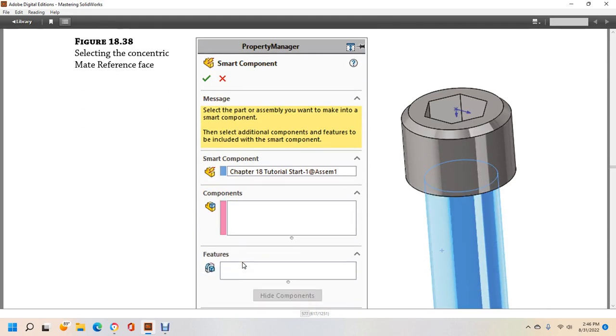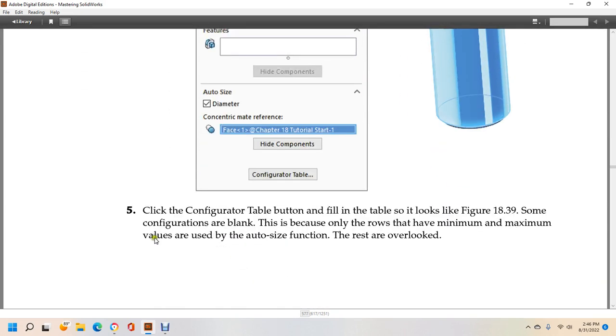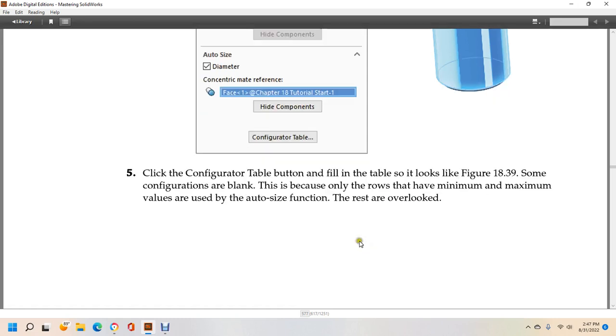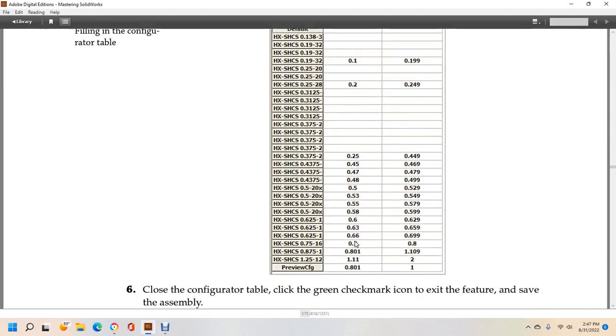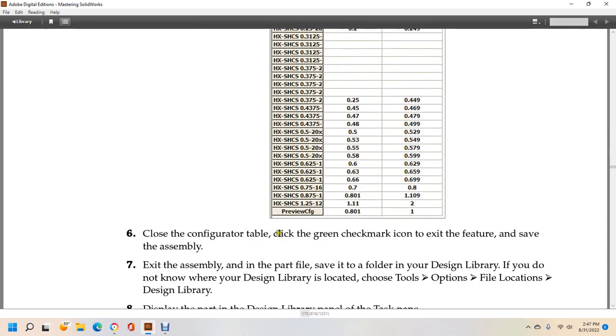And then click the Configuration Table button. The table looks like figure 1839. Some of the configurations are blank because the rows with the minimum and maximum values for the auto size function are already set. The rest is overlooked. Fill in the configuration table. Go to the configuration table, click the green checkmark icon, and exit the feature